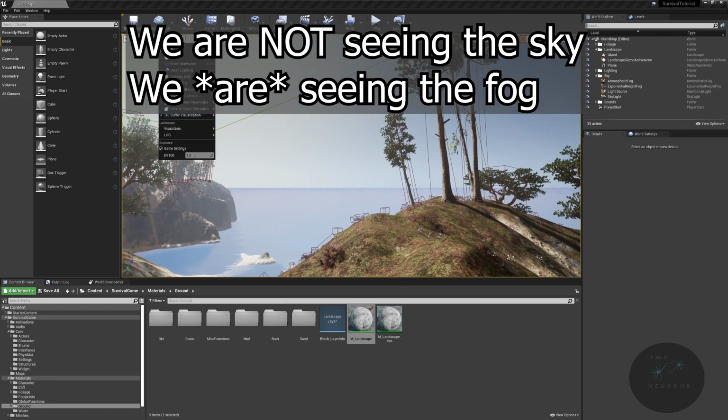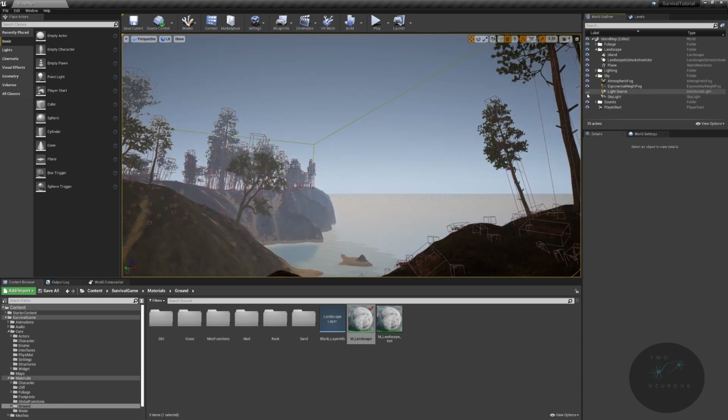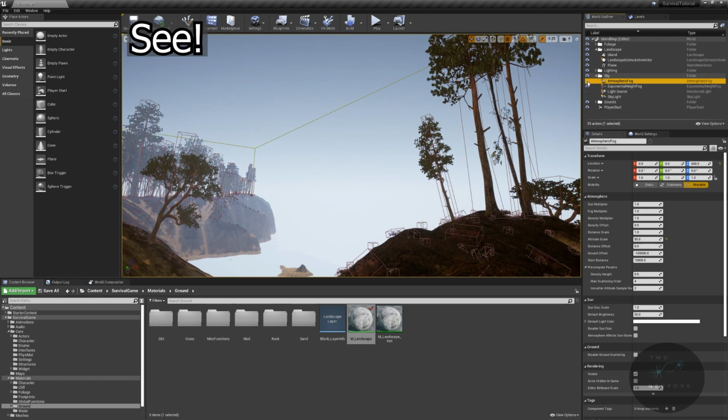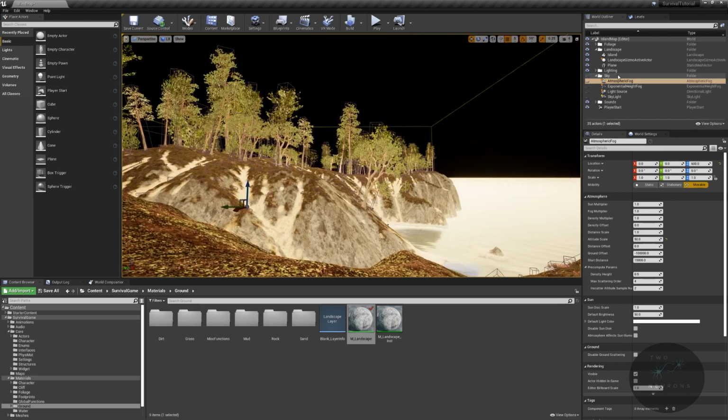Give me 1 second. I'm just going to hide my skylight and my light source and my atmospheric fog and my height fog. There we go. Okay. I just want to make sure that we actually had the full black map. So if you want to hide everything, go for it. It's perfectly fine. If you don't want to, in your search bar on the left-hand side here under place actors,